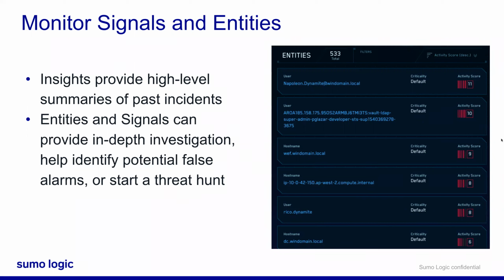The monitoring portion though here. Insights are going to provide a great high-level summary of the potential security events, but sometimes you're going to need to dig or investigate deeper to really understand what's going on. And so this is where the signals tab is going to help. The signals tab is going to list all the signals created by the rules that have been triggered in your system in the last 14 days by default. So signals are going to provide summaries of potential security threats.